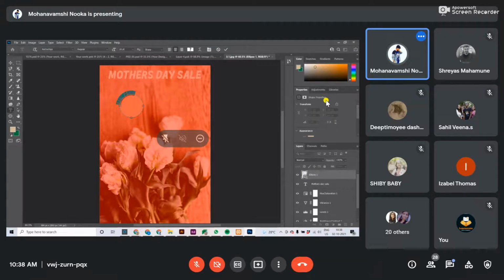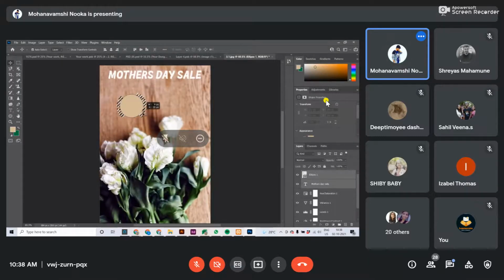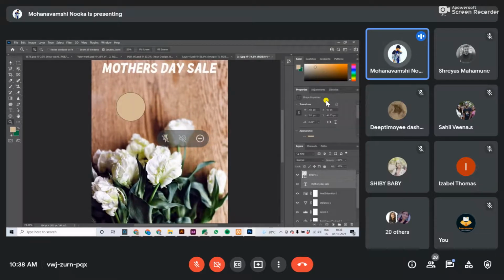Like this. That is how you can add text over that circle.